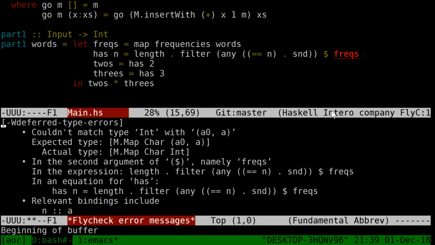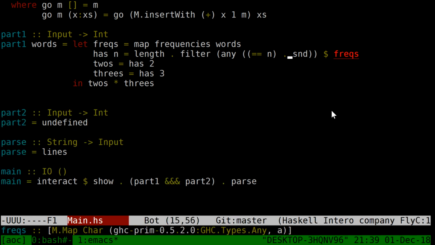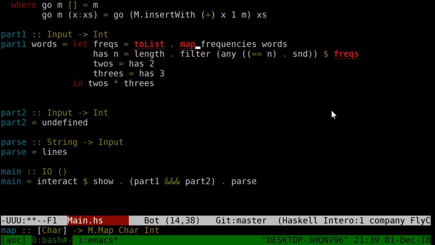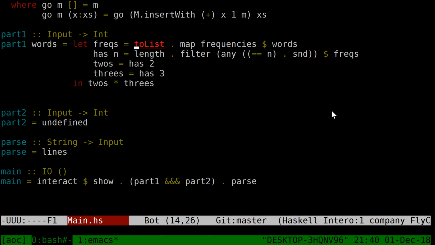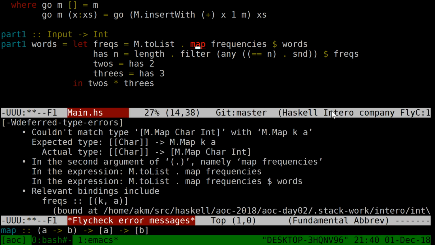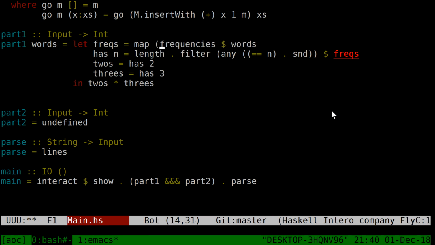Oh, right. I'm filtering it, but actually, okay, and really what I want is